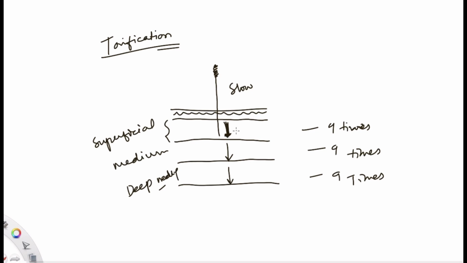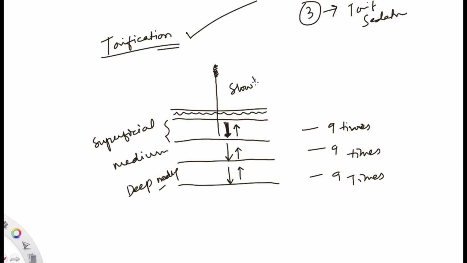And you have to lift it slowly and gently. Inserting thrust will be rapid for 9 times on each layer, superficial, medium and deep needling. Then the lift will be gentle and slow, and that has to happen on each level for 9 times each, and then you can get a tonification, because the thrusting and lifting technique is a combination of 3 different types of tonification and sedative techniques. Which is during insertion it is one, and the second one is this